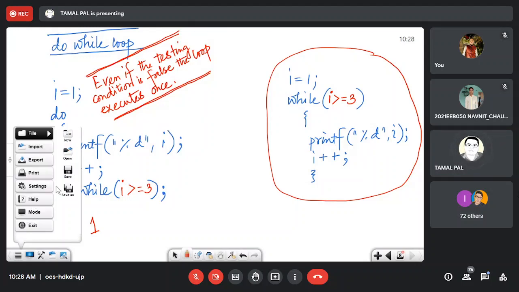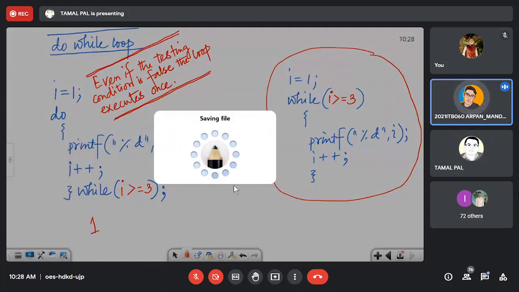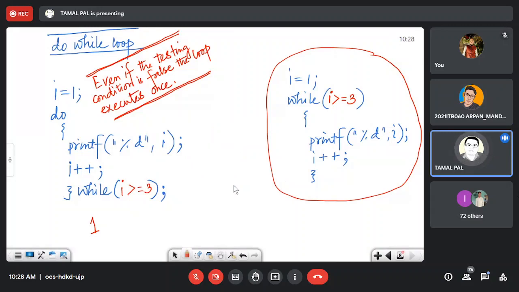The body of the do while runs at least once, even if you set a false condition. That is the feature of do while.